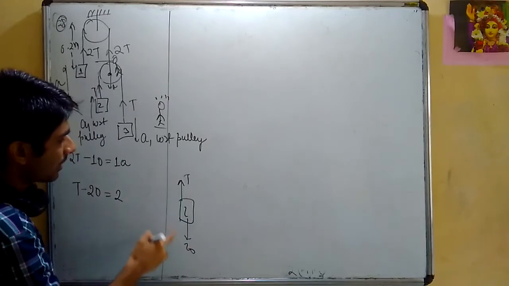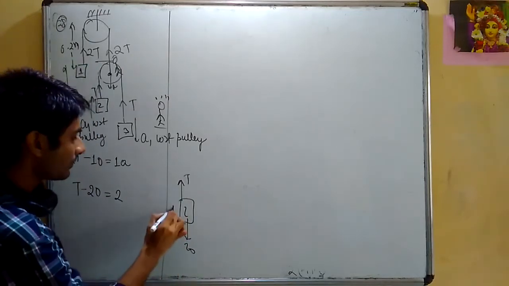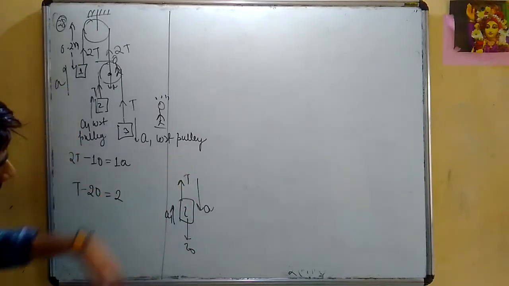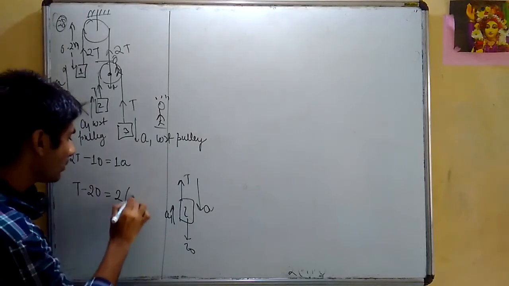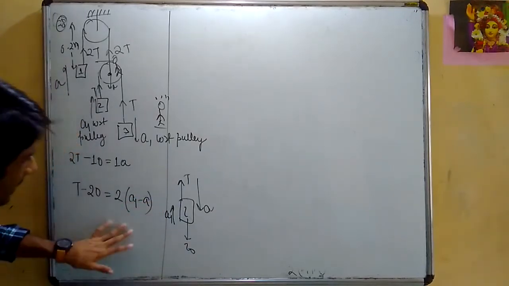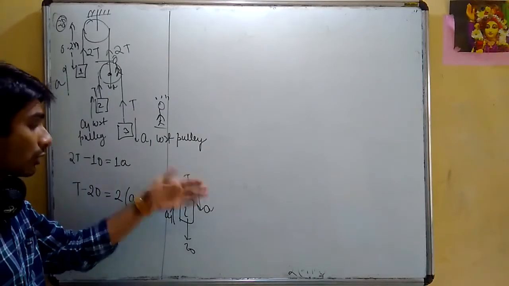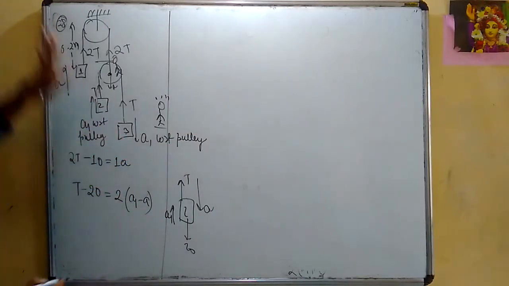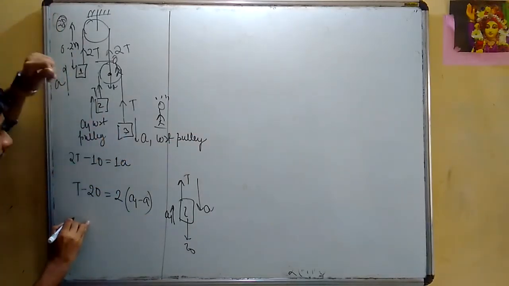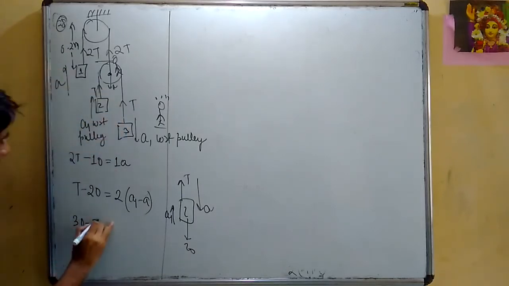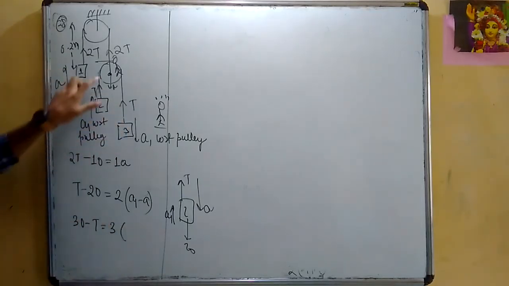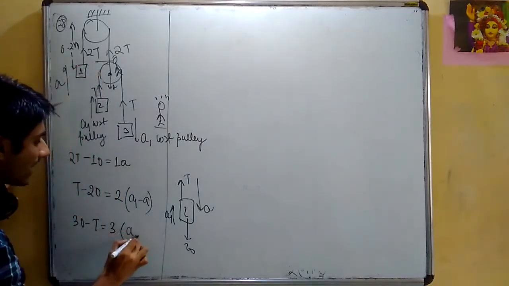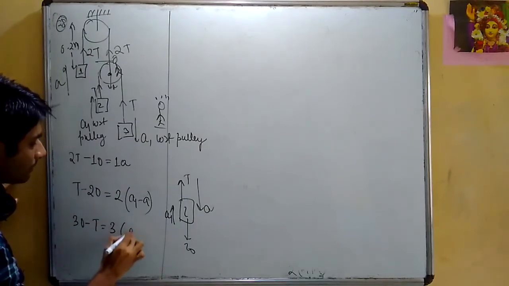And now for this person, it is going up with a1 and the person is himself coming down with a. So staying on the ground, how much will it rise? Taking the upward direction as positive, it is a1 minus a, right? He wants to go up by a1, but the whole system comes down by a. So net upward, how much did it go? a1 minus a. Consider this thing, this is coming down, so 30 minus t should be equal to mass times acceleration. Now the man sees it going down with a1 and the man himself is going down with a. So the overall acceleration will be a plus a1.